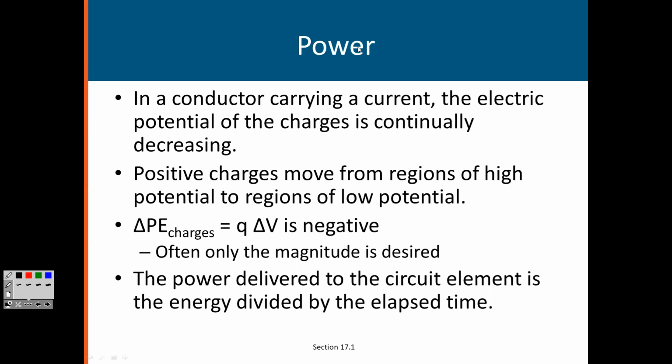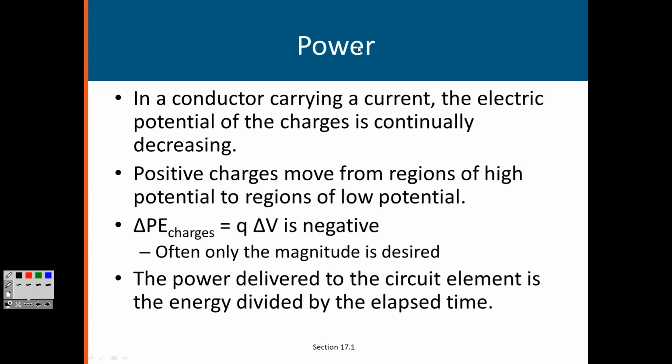Always the charges will move such that the potential energy is decreasing. That was another question in your exam, which we have discussed in the previous chapter. Positive charges move from high potential to regions of low potential. Now it's about potential, not potential energy. Negative charges move from low potential to high potential, but both of them are moving such that the potential